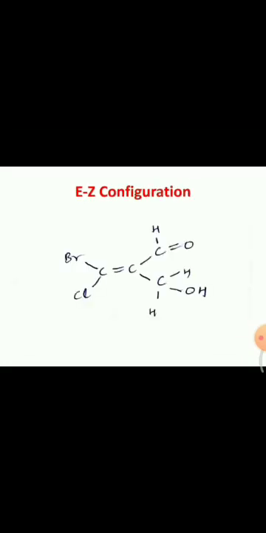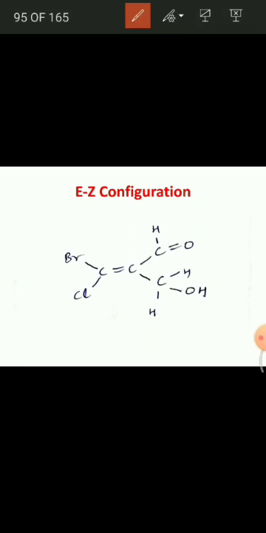Next, the fourth rule is that double bonds are considered as 2 bonds and triple bonds are considered as 3 bonds. That means double bonds are duplicated and triple bonds are triplicated. For example, for this molecule, see here, this sp2 carbon has a CHO group and a CH2OH group. See here, a double bond to O is there, hence it can be considered as this carbon attached to one hydrogen and here one oxygen and another oxygen.